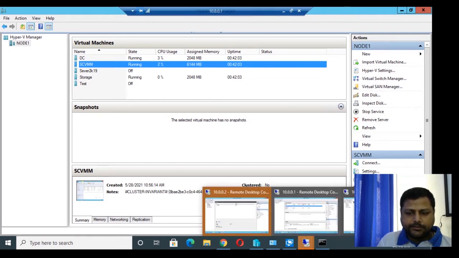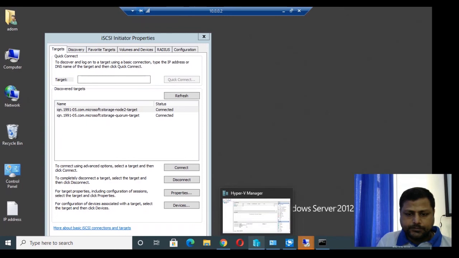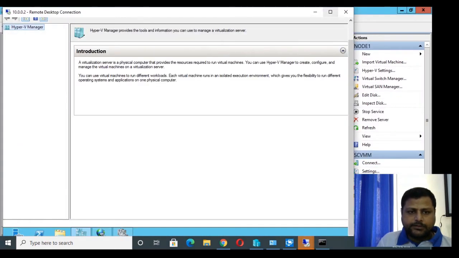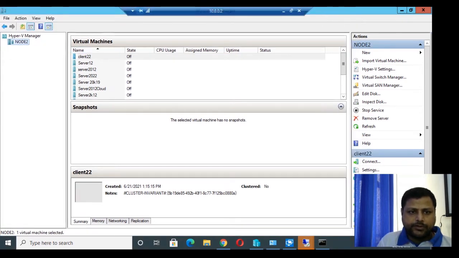There are other systems running in node 2: client 22, server 2K12, 2022, server 2K19, then 12 cloud.